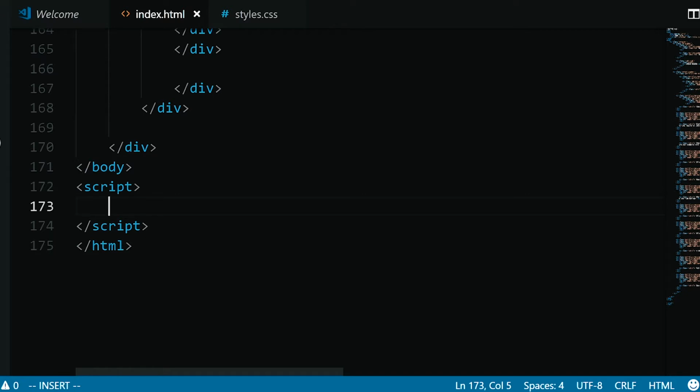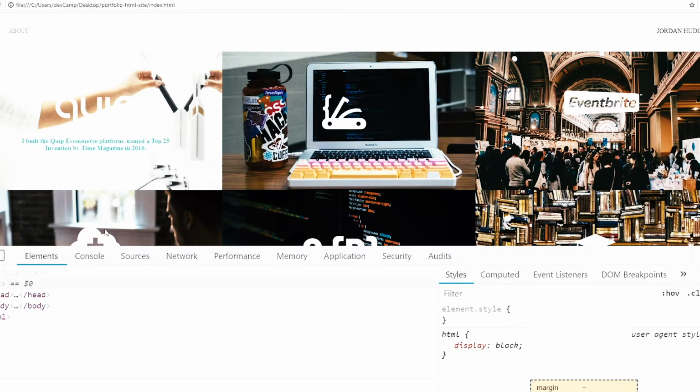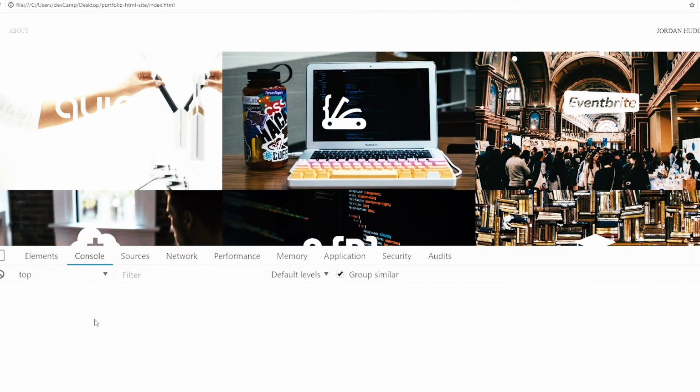If you've never done this before, don't worry, it is not like magic whatsoever. If you come into the console, you're going to be able to see how we can do that. I'm going to build out a little selector here. I'm going to say $, and then inside, make sure you use an apostrophe, and then say .portfolio-item-wrapper,